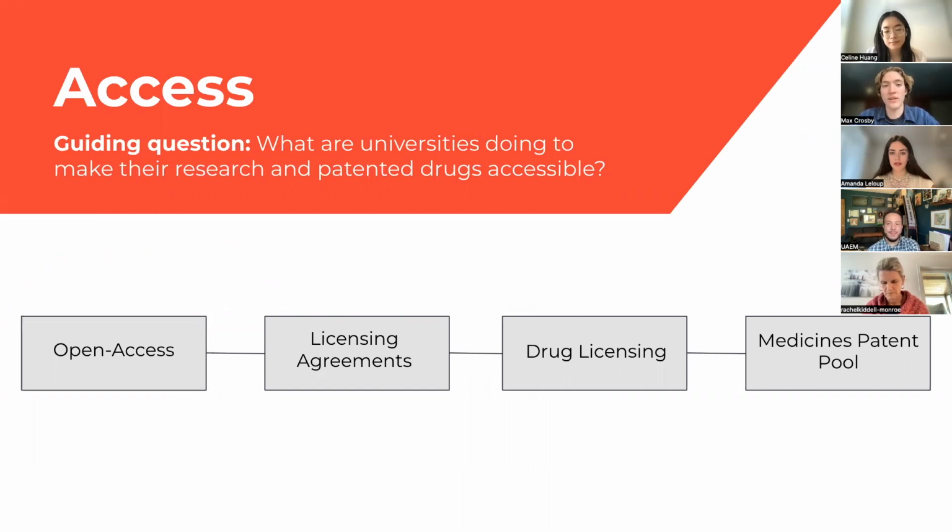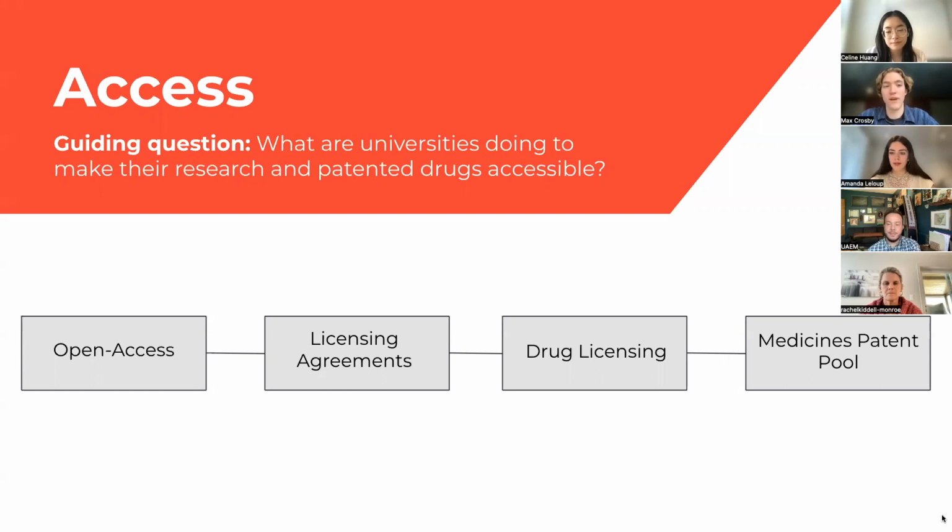wanted to evaluate to what extent universities were increasing the access of their research, and we wanted to determine the measures universities had in place to improve accessibility to university-developed medicines. Given the founding principles of the U15 universities to mobilize knowledge for all Canadians and to ensure a just future for all, we really expected universities to believe in sharing research results and to practice licensing their medicines in a